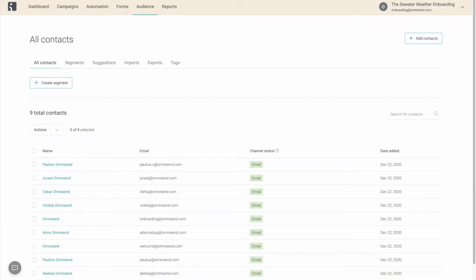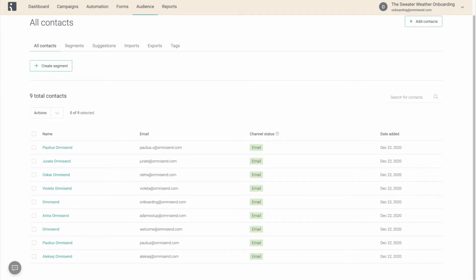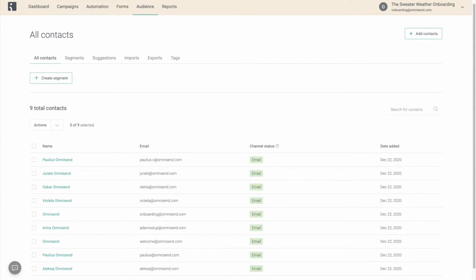As mentioned in the previous video, your customers, together with their information, cards, and orders, show up in your audience automatically as soon as you connect your store. Now, if you've been sending emails before using some other platform, you can import your contacts from there too, using